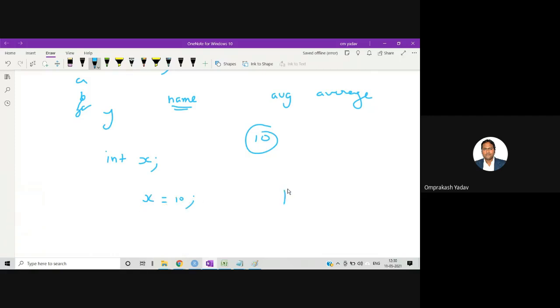What happens whenever we declare this kind of variable? The computer reserves memory in the memory slot. The size of that memory depends on the type of the variable. For example, here I have declared the integer type, which means it will take an integer number.